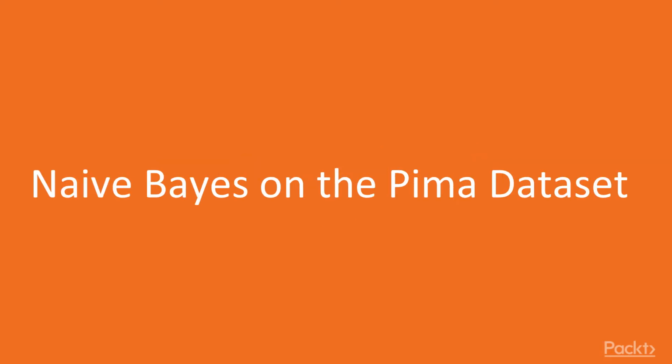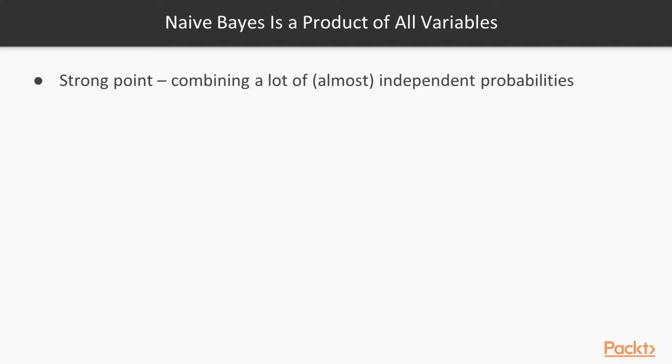Hello. Before running naive Bayes, I want to say a few words about it. Naive Bayes works best when combining a lot of independent probabilities, or close to independent. When I saw the noisy variable interaction graphs when we did a SPLOM plot, I thought Bayes might work well